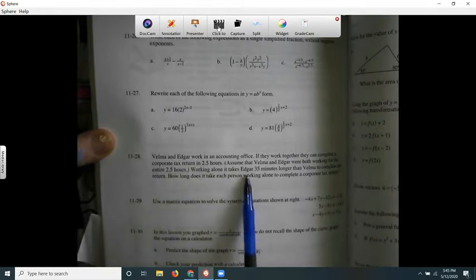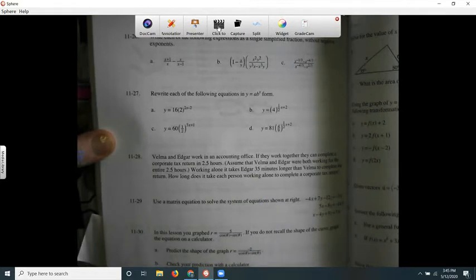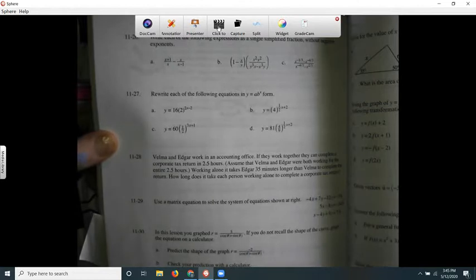Working alone, it takes Edgar 35 minutes longer than Velma to complete the return. How long does it take each person working alone to complete a corporate tax return? So we were doing this